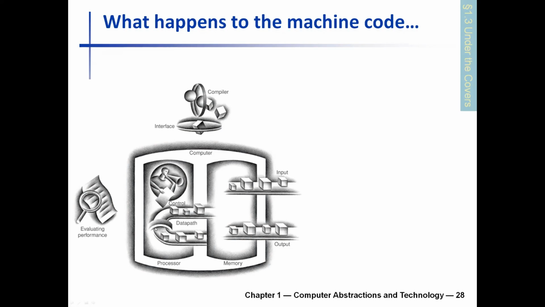The data path is basically the set or collection of logic circuits which form a path the instruction travels through the CPU. Right? The instruction goes from one logic circuit to the other logic circuit inside the CPU and finishes the execution. That path of logic circuits is called the data path, and